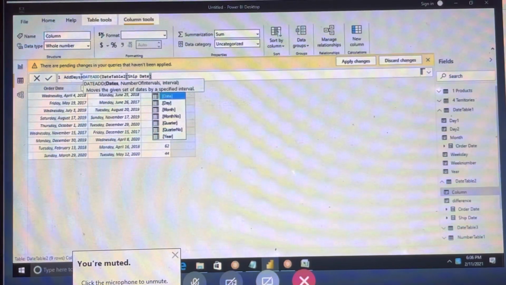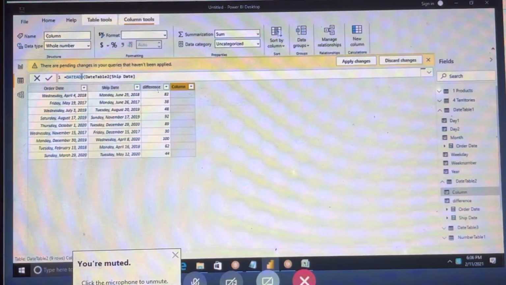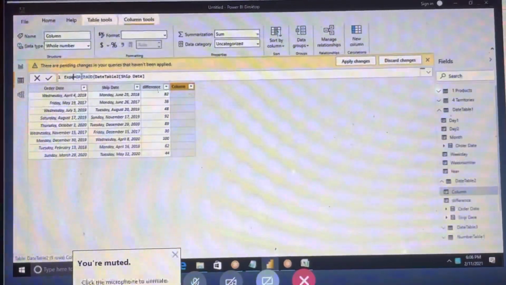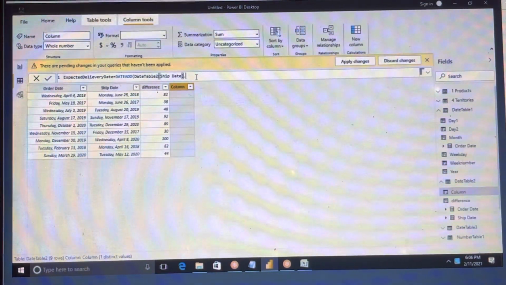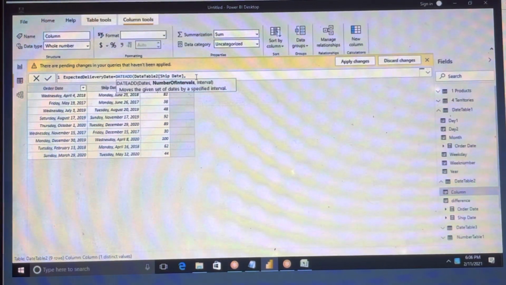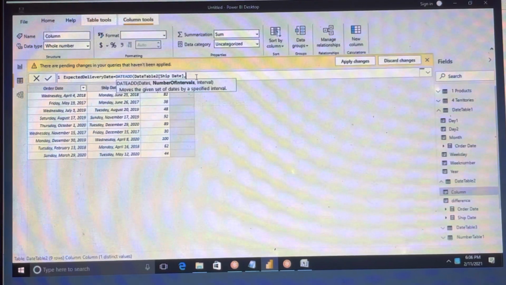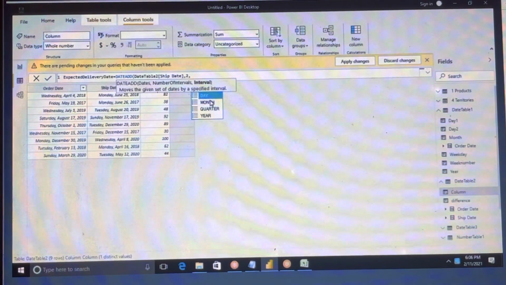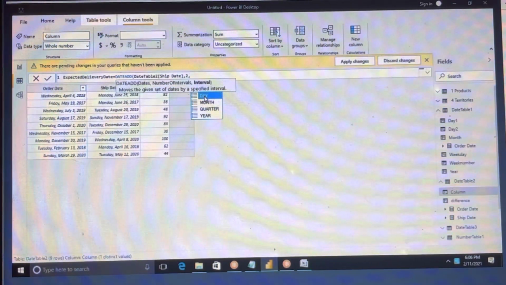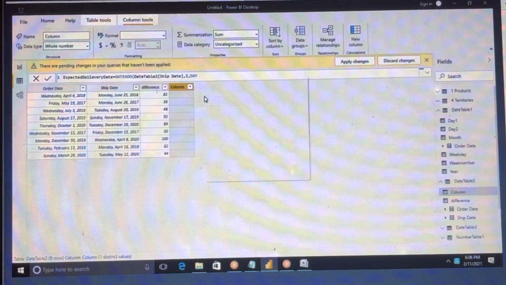Column name I am using is expected delivery date. So ship date. So date, number of intervals. I am just using 2 days, comma, then day or month. You are adding 2, but is it a day or month? So I wanted to add 2 days to this date.